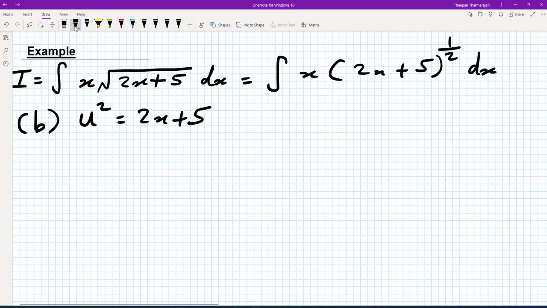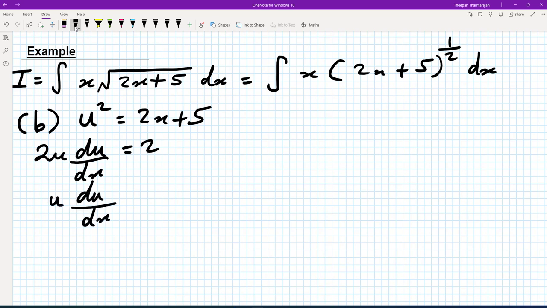Now, in this case, we're going to use implicit differentiation. So we're going to say 2u du by dx is equal to 2. The 2's cancel out. So u du by dx equals 1. So u du is equal to dx. So if I make a little substitution section here,